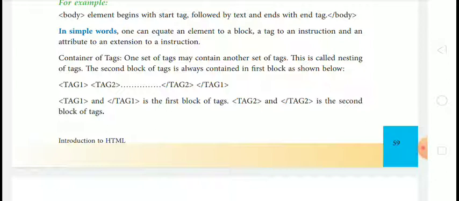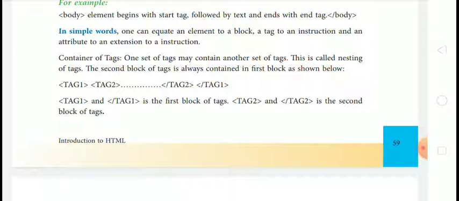Container of tags. One set of tags may contain another set of tags. This is called nesting of tags. The second block of tags is always contained in the first block as shown below. So you can see tag 1, tag 2, then closing tag 2, then closing tag 1.